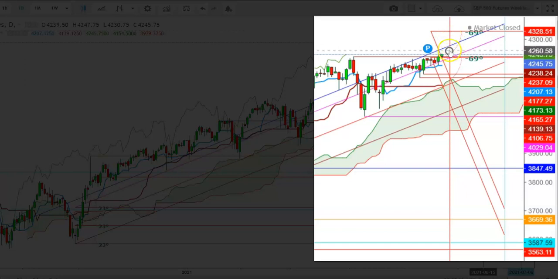So friends, here I find that if the S&P 500 futures are not able to reach the immediate resistance at 4260, we'll see this fall continue, where this fall could be a steep fall if the S&P 500 futures are not able to hold above the 9 days moving average, which is currently at the levels of 4207 in a daily time frame. Here I find that a breakdown below this level could result in a sharp fall, where the next support for S&P 500 futures will be at the levels of 4177, and the final support will be at the upper end of the Ichimoku cloud, which is at the levels of 4158.